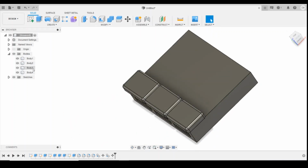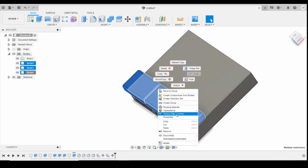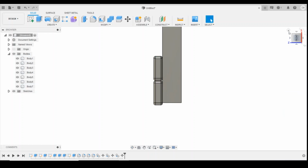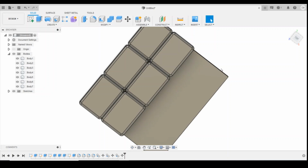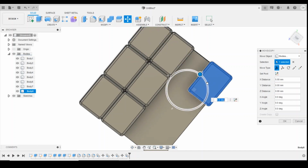Okay, so the next thing we're going to do is copy these 3 bags across in the other direction. So if we just select the 3 bags and copy, and then paste, okay, and we'll drag those across. We'll have a look to see how that's looking. Okay, so looking okay in that direction. Obviously we've now got to try and get 4 bags coming down this way. So if we copy just the one to start with, and then paste that, we can bring it across, rotate it through